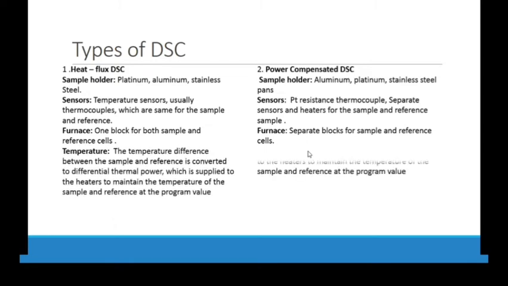Now, the temperature must be at a controlled rate because the mechanism behind DSC is the same. It does not matter whether you are using heat flux DSC or power compensated DSC, the heating rate must be the same. And if we put something on the sample pan, it has to generate more heat because it has some extra material on the sample pan. So the temperature rate remains the same because it is the basic principle of DSC. The difference is of sensor and of furnace.